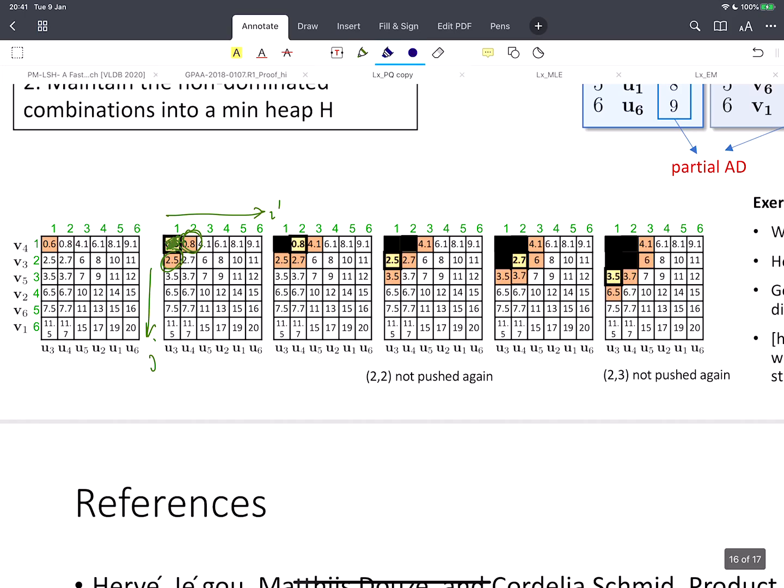You remove it, and the current heap actually contains only 0.8 and 2.5. So what you do is extract the minimal entry from the heap, which will be 0.8, and